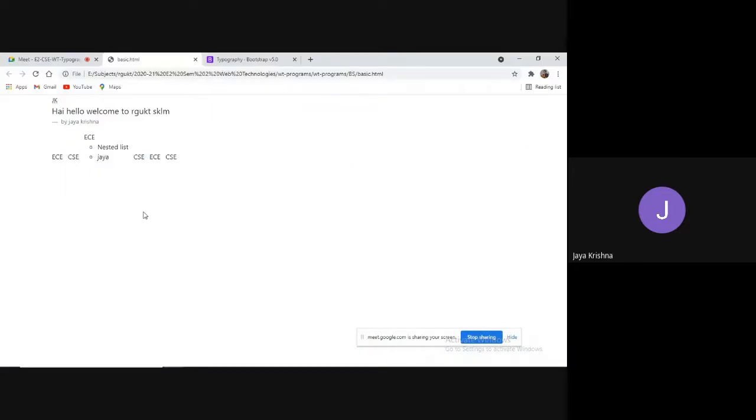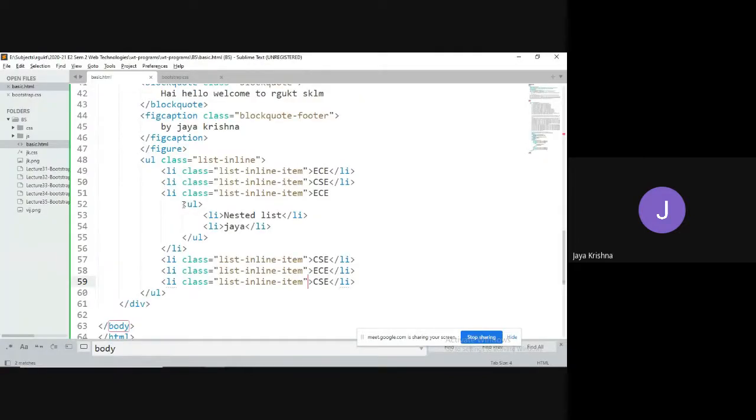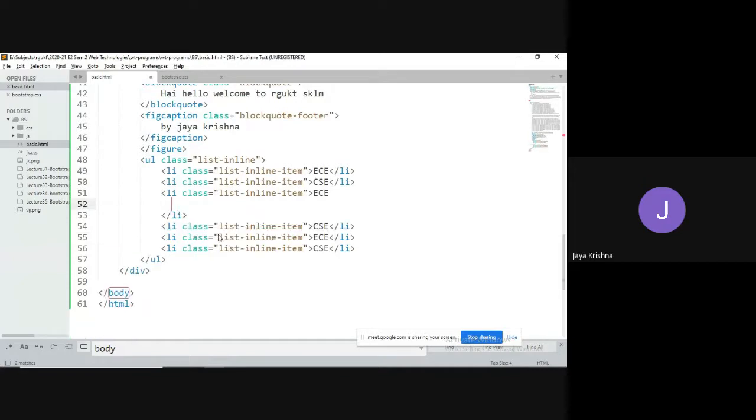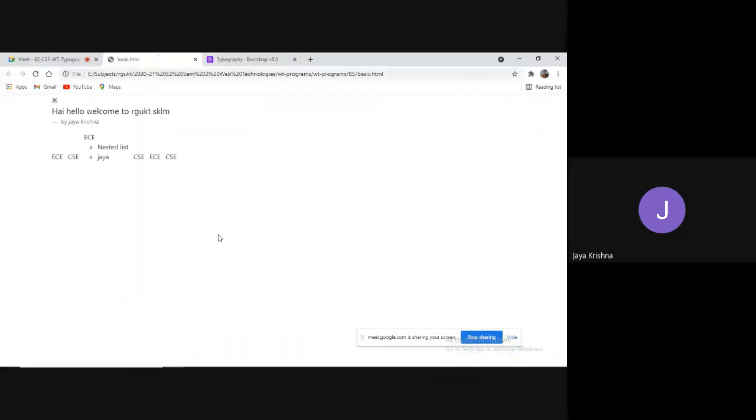How they look like? Observe, guys. In order to avoid confusion, I'm removing this. So what we did: we converted the vertical list into a horizontal list by using a class called list-inline and list-inline-item for every item.